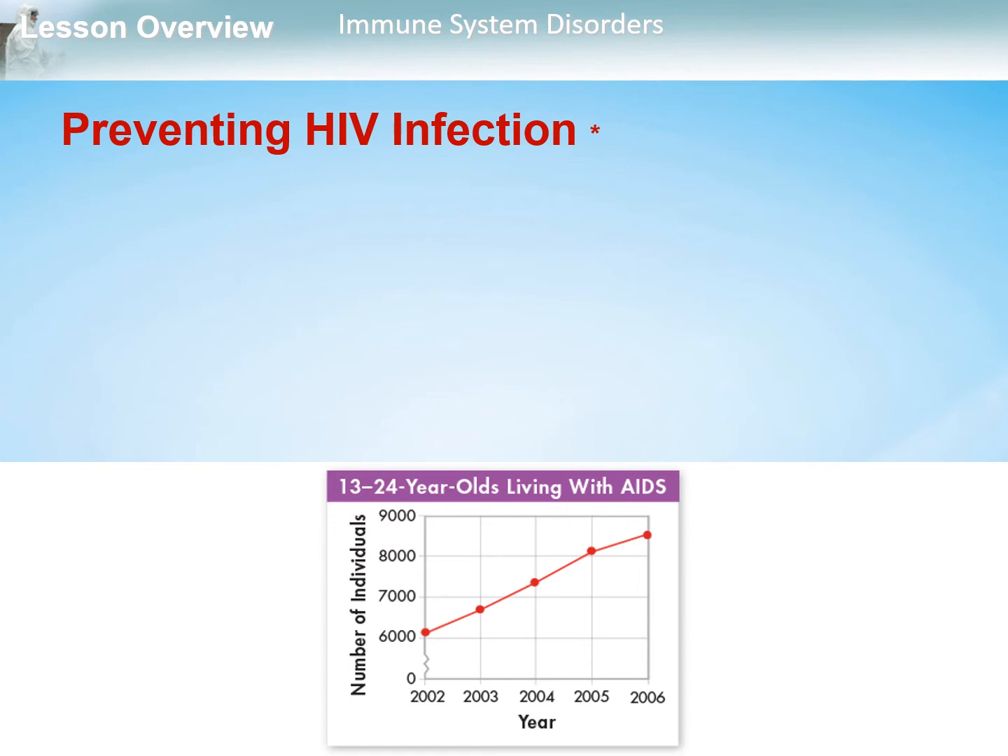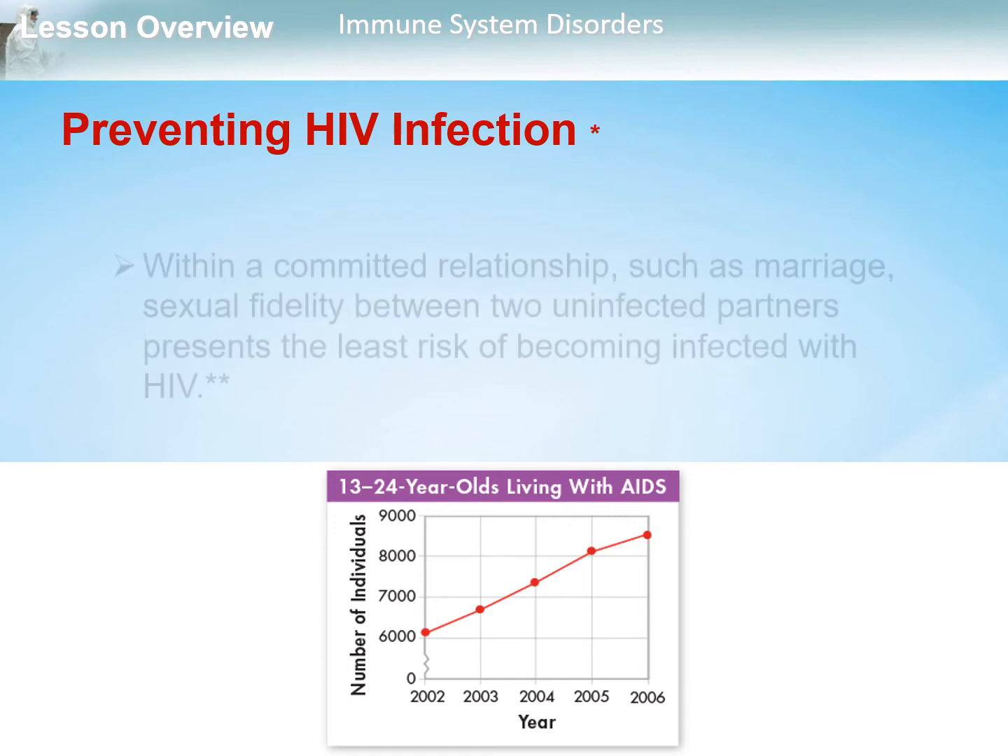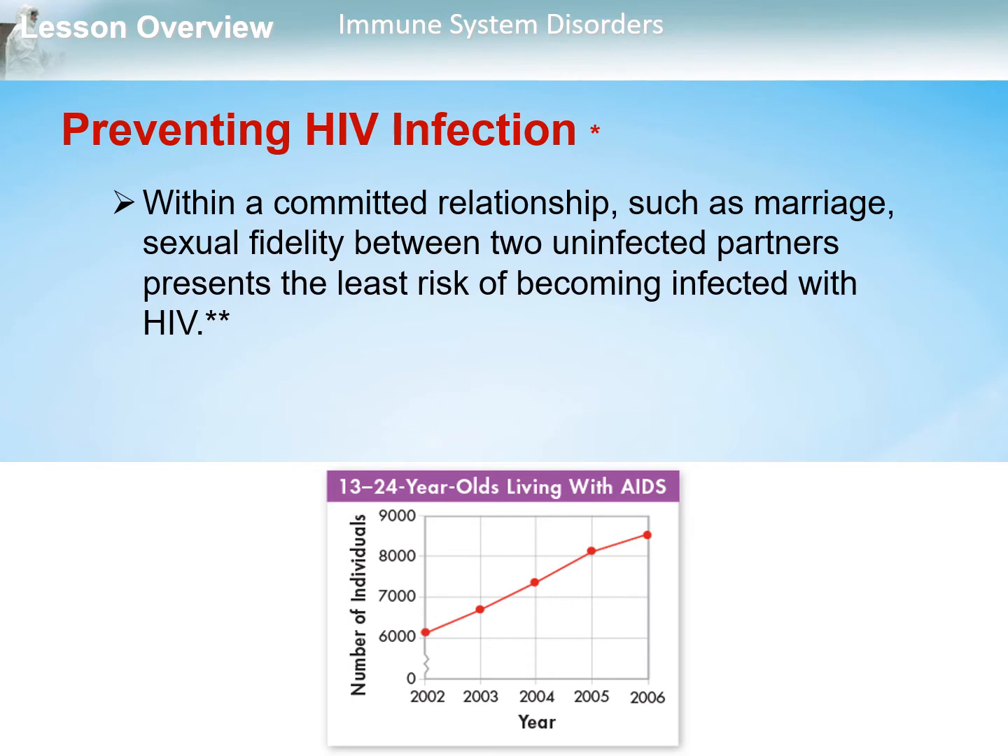So how do we prevent HIV infection? You can choose behaviors that reduce your risk of becoming infected with HIV. Within a committed relationship, such as marriage, sexual fidelity between two uninfected partners presents the least risk of becoming infected with HIV. People who share contaminated needles to inject themselves with drugs are at increased risk of contracting HIV. People who have sex with drug abusers are also